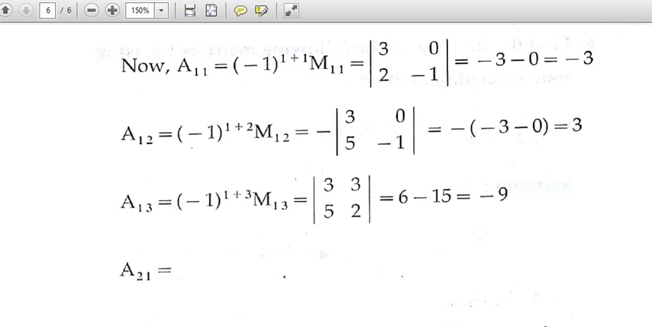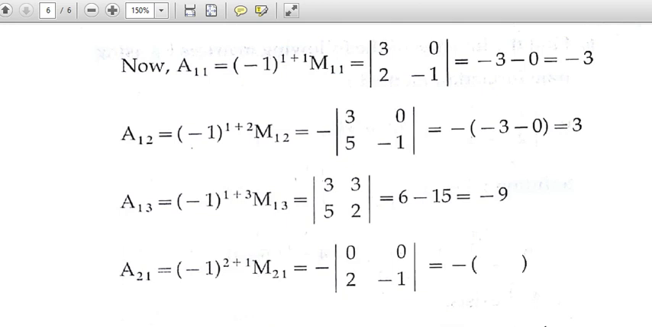Next is A21. So A21 is minus 1 raised to 2 plus 1 into M21, which is equal to minus of the determinant we get after deleting second row, first column, and we got 0 0 2 minus 1. So minus of the expansion of the determinant: 0 into minus 1 is 0 and 0 into 2 is also 0. So 0 minus 0, the answer is 0. Next cofactor is